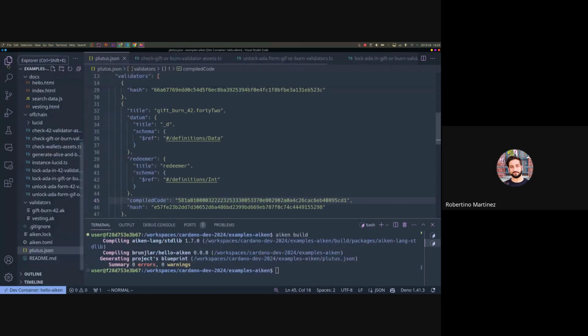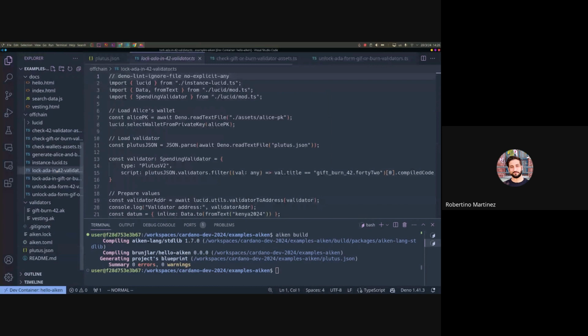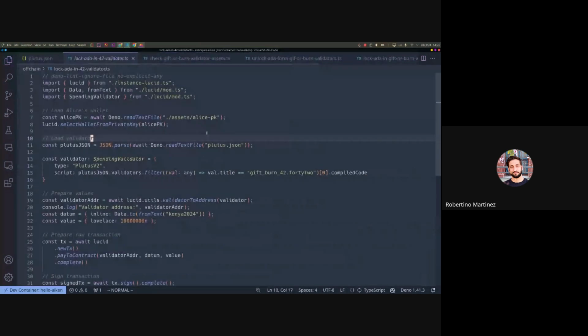I think I already log Ada. Yeah, let's log Ada in the 42 validator. So, same as before, we read the private key from Alice,